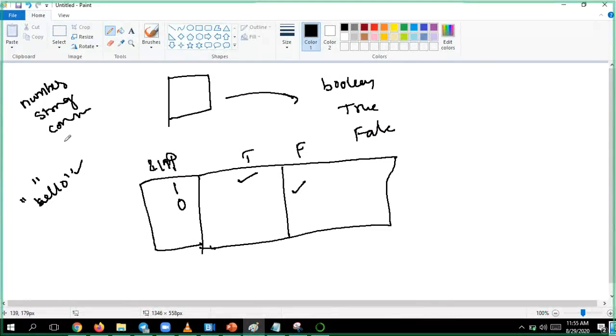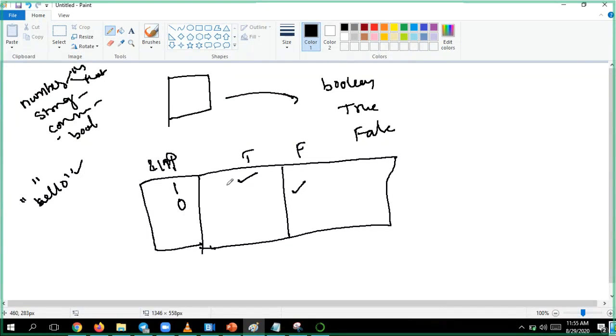Anything I can provide, and I would like to know the boolean value of it, whether it is true or false. Numbers means integer and float, both, converting into boolean.